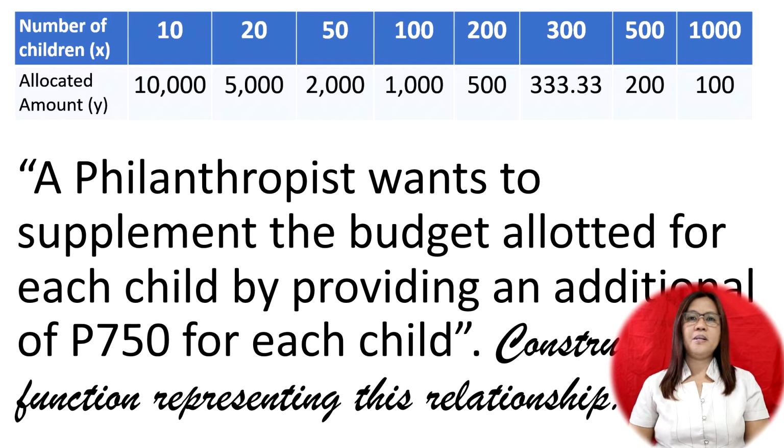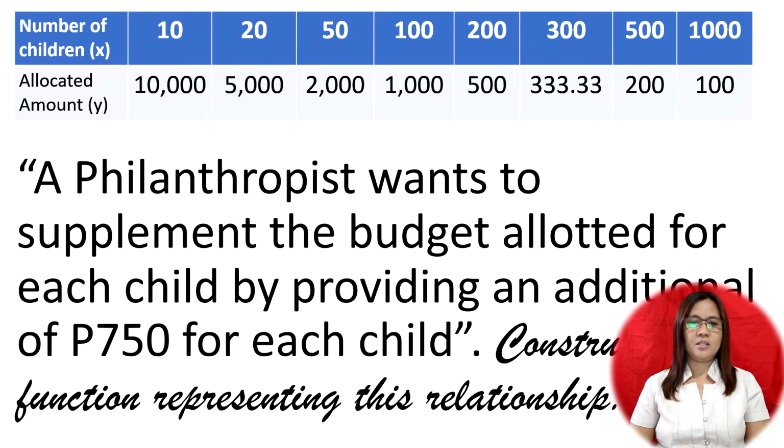Since the philanthropist will give an additional 750 pesos for each child, for the number of children, which is 10, the allotted amount now will be 10,750 pesos. For 20 children, yes, it's 5,750 pesos. For 50 children, the allotted amount will be